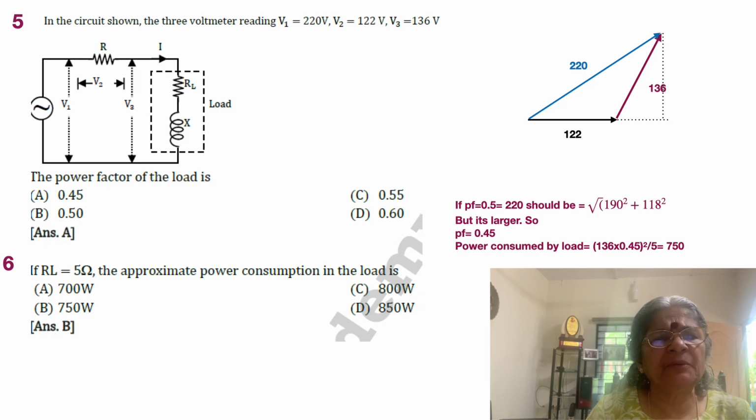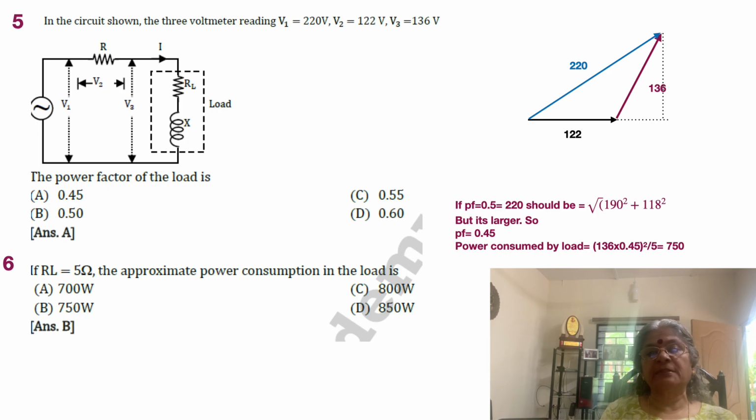Because it is somewhere midway between the different power factor answers given, and moreover we would like to experiment with the triangle. So if power factor is equal to 0.5, then we have 220 as a combination of 122 plus the component of 136 on the horizontal axis, which is equal to